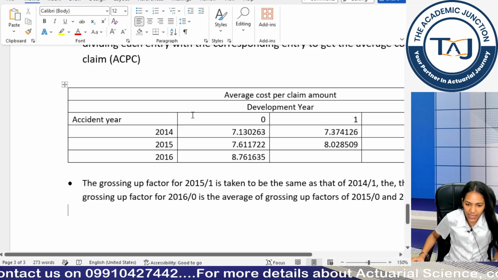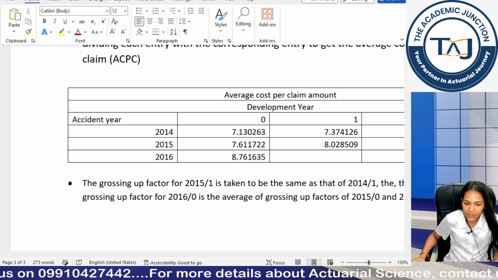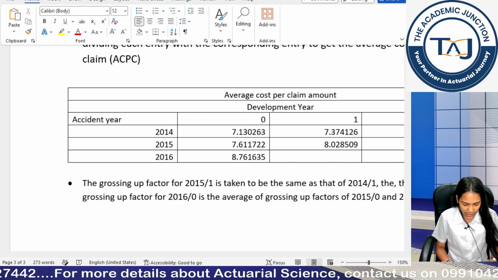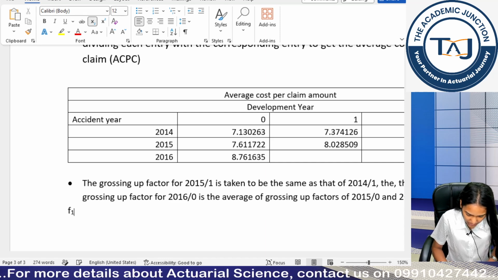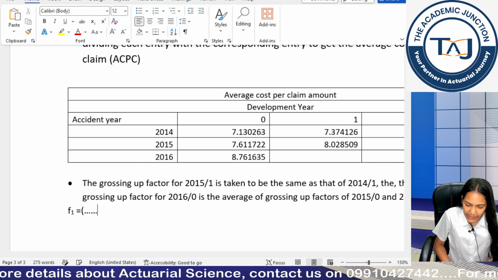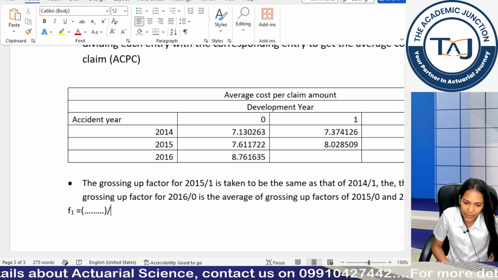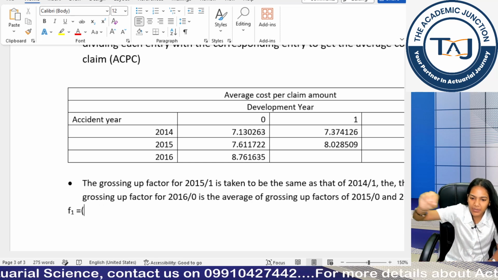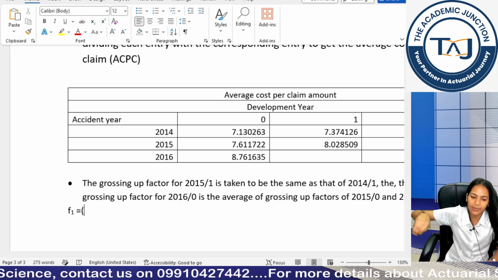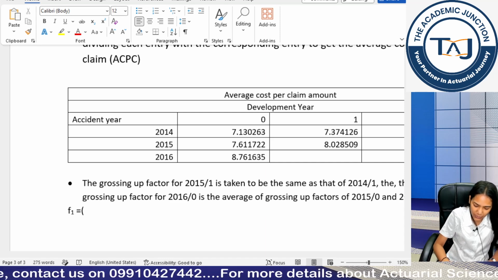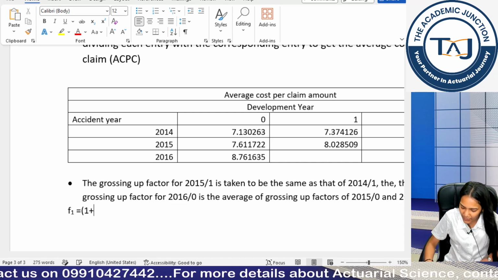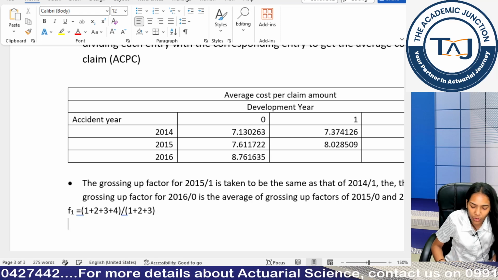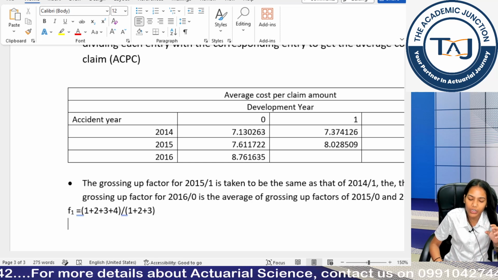Okay. Similarly, if I have my development factors, how would I write about them? I would be writing the whole formula. Okay, how am I getting my F1? You have to write the entries. Here you will be writing the values and by how much amount they are being divided. So you basically sum up these and reduce a digit and then sum up those, right? So if you are summing up, you have to write what values you are summing up. For example, 1, 2, 3 and 4 you are summing up and dividing by 1 plus 2 plus 3. So you have to show this. Either you show it in equation editor or you show it in normal approach.